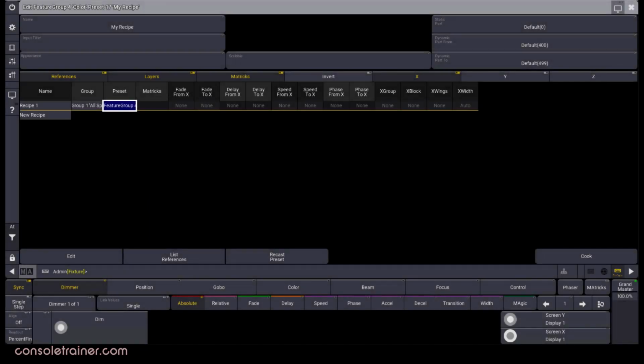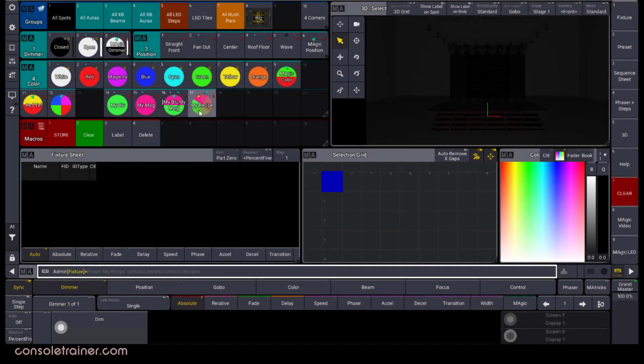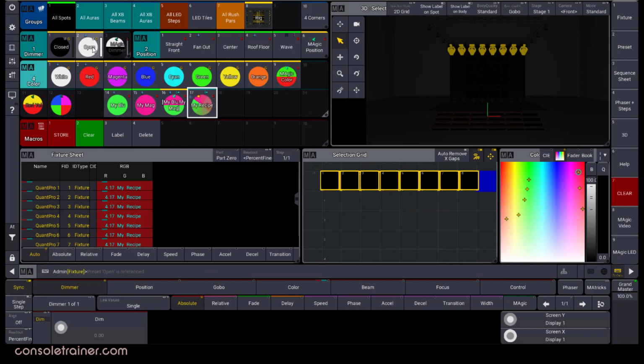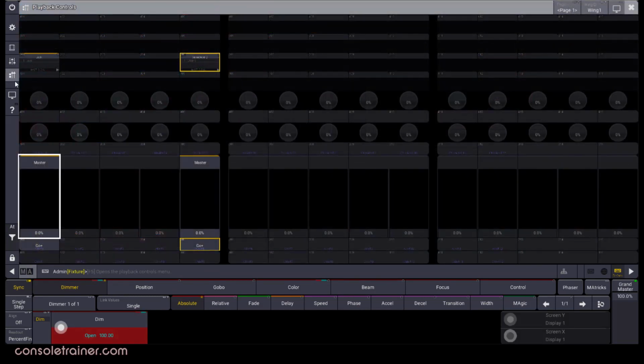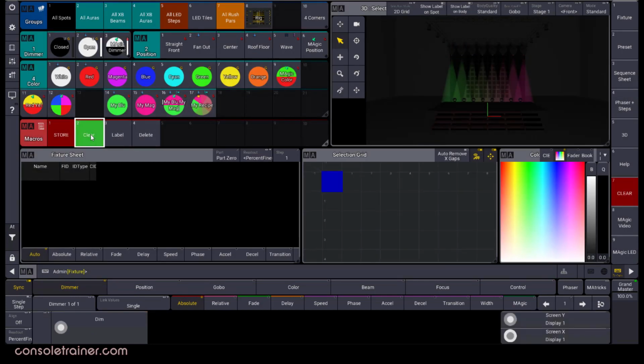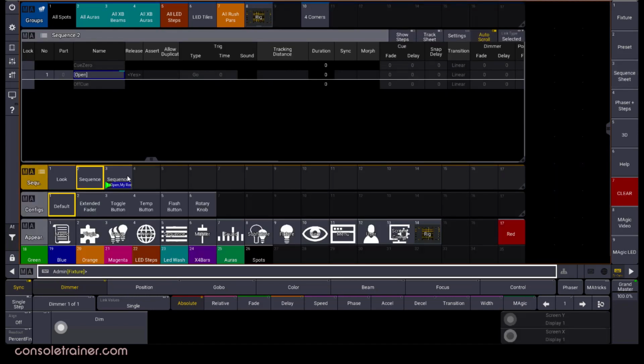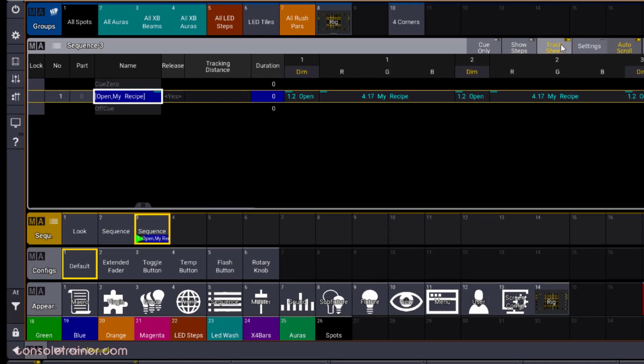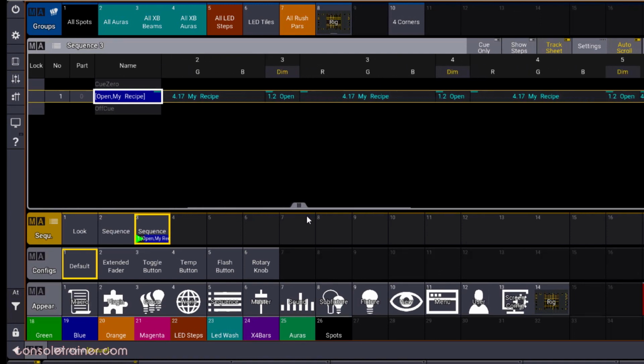Now I'm going to double tap this new preset with the recipe, give my lights an intensity, store this into a new queue in a new sequence, play it back, and clear my programmer. Looks good, but more importantly, let's look at how the data looks in the queue. Now I've got a real preset reference instead of hard values, which is obviously what we want. I'd recommend using this method whether your magic preset has embedded presets or not.